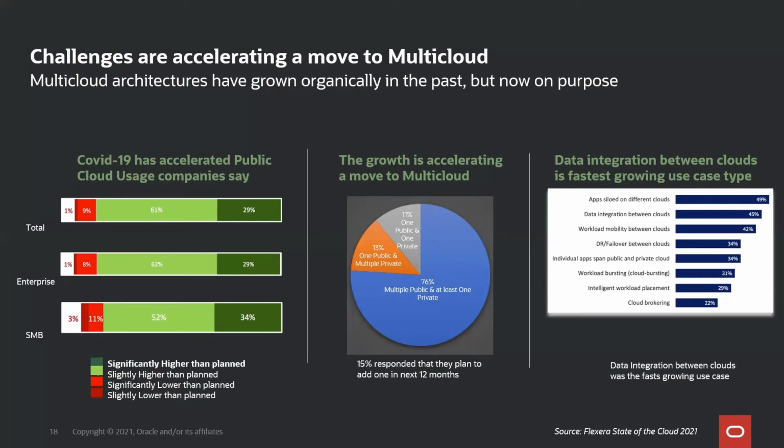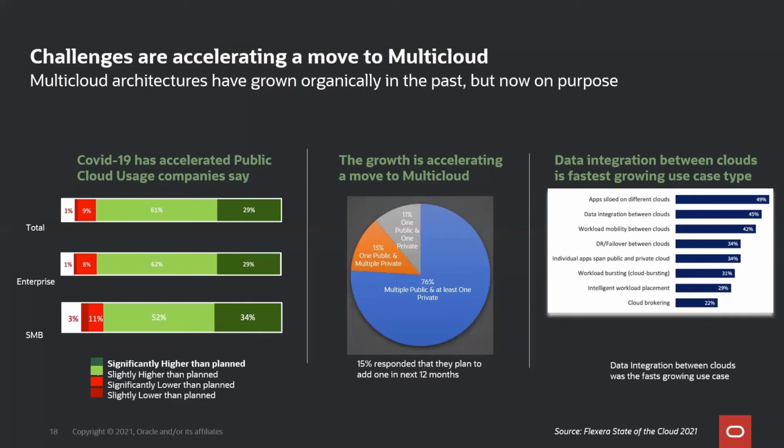The growth of multi-cloud in the past has really been somewhat organic, meaning different departments have chosen to do different projects on different clouds. But now we're seeing a real purposeful move to multi-cloud. The analysts are recommending that companies manage this through a center of excellence. They centrally manage the strategy for using multiple clouds and control the spend. So we're seeing more and more companies starting to use best of breed products on purpose-built clouds.